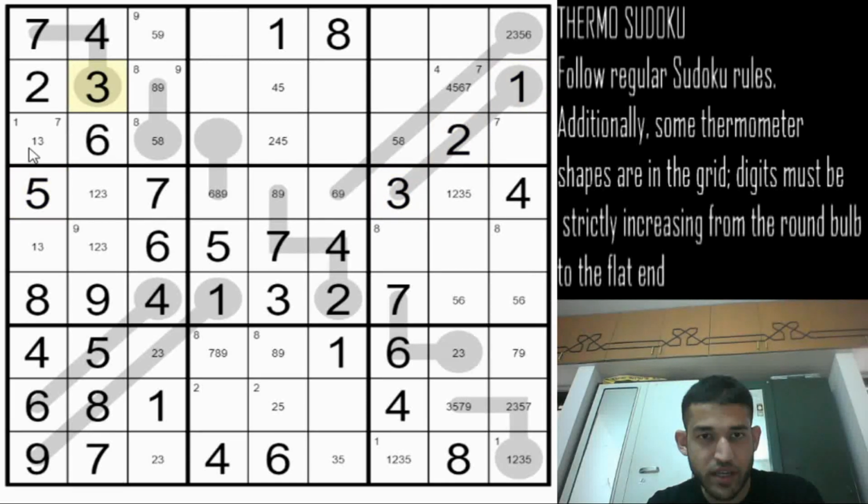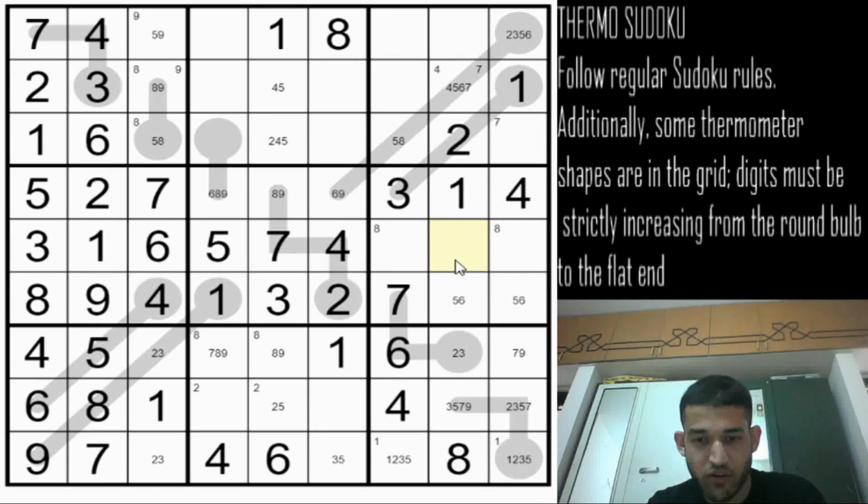This will give a 3 here and a 1 here and a 3 here. So this is 1, 2, and this is 1, 2. This will also be a 1 and 2. And 2 is there already, so this is a 1, and this is a 2, and this is a 1. So the left out digits are 2, 8 and 9.